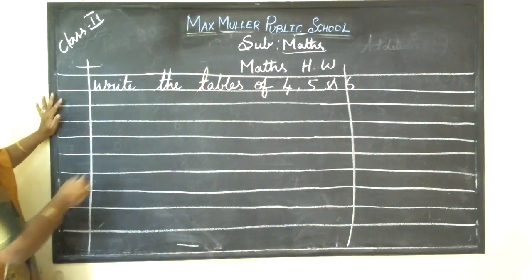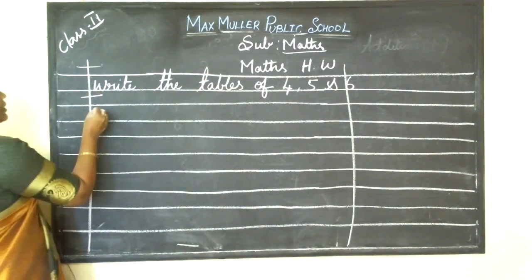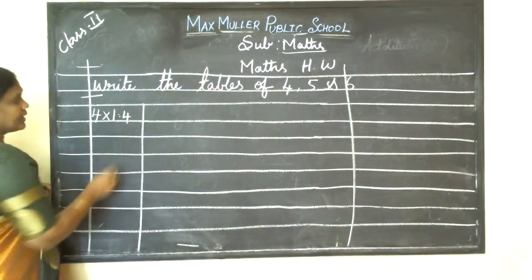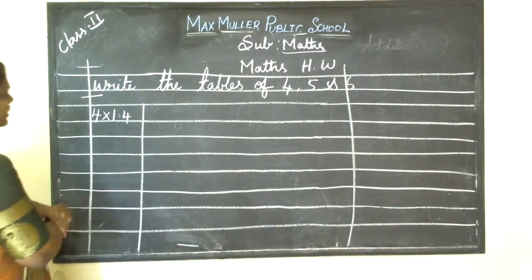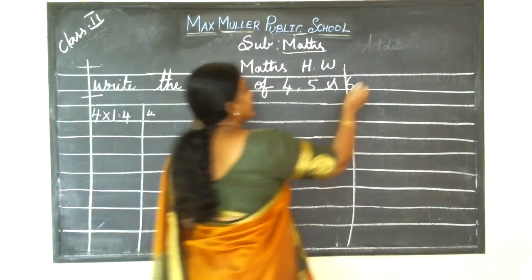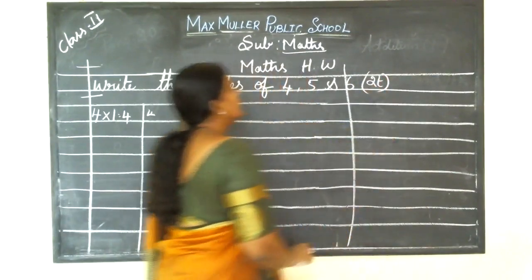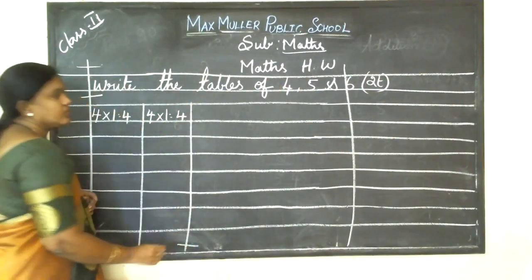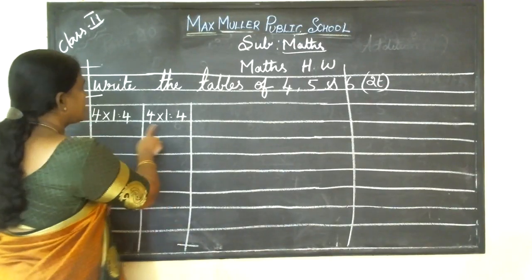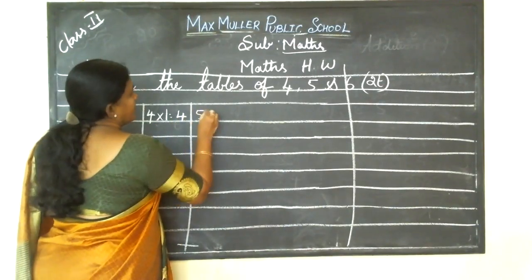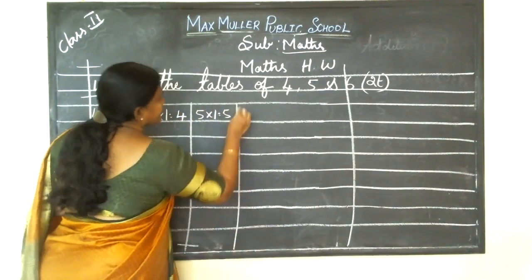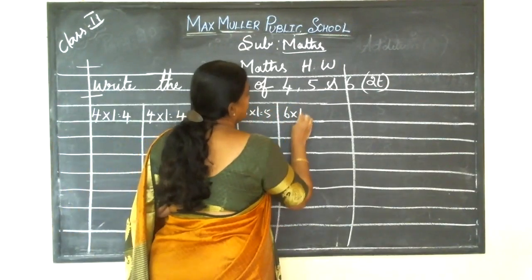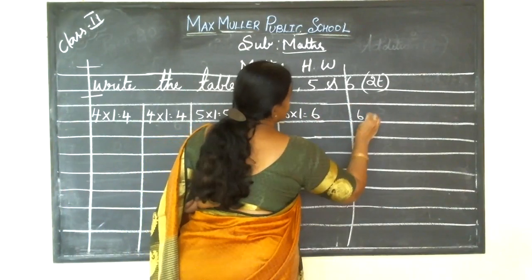Write neatly and again you want to leave the line. See, you want to write here 4 ones are 4. Use scale when you are drawing the line, no? You use scale and put the line, children. 4 ones are 4. How many times you want to write? 2 times. See, here only you can finish 4. In one page only you can finish, children. Don't go to next page for 5 and 6. 4 ones are 4 2 times. 5 ones are 5 2 times. And 6 ones are 6. Here 6 ones are 6.